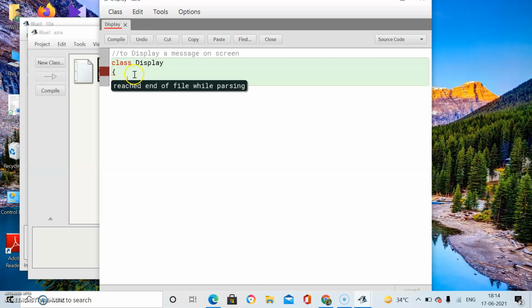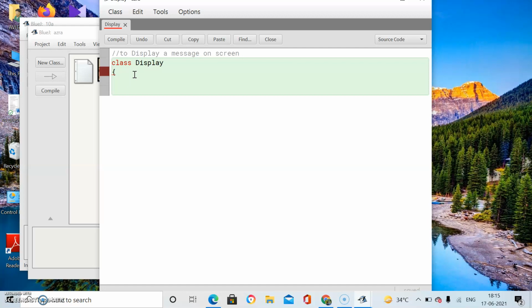Now enter. A class encapsulates two things: data and function. This program is simply to display a message. We don't need any data. We know the message that we have to print: this is my first Java program.